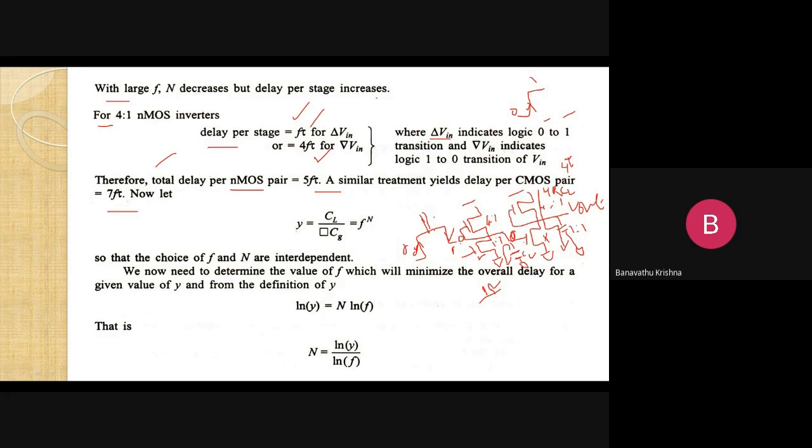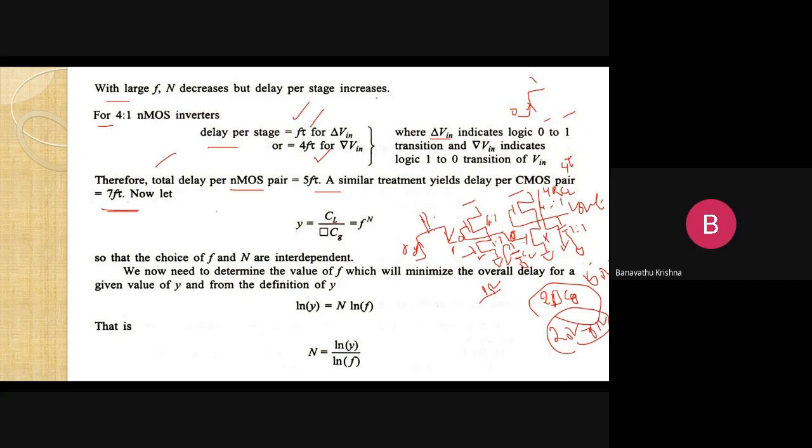Similarly, suppose it is the CMOS inverter. Here instead of CL, I want to make it 2 CG, right? So this is the first case, and the second case is going to be 5 tau. So totally it is 2 tau and then nothing but 5 tau. We already discussed this response and have seen it in the previous class. So from that value, the overall total delay for the CMOS inverter is nothing but 7 tau.